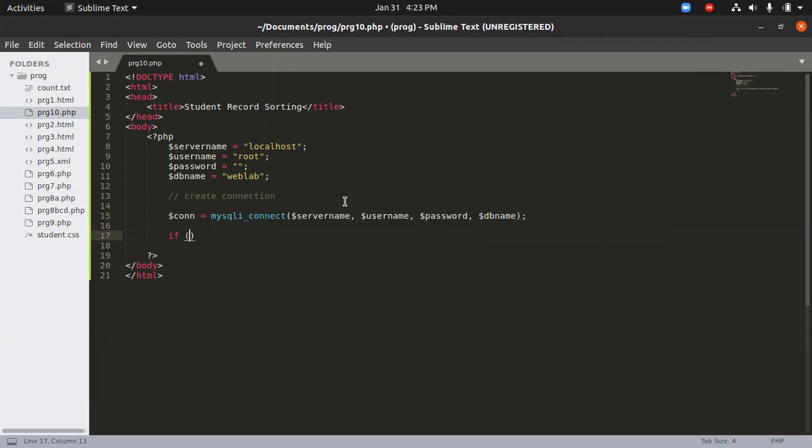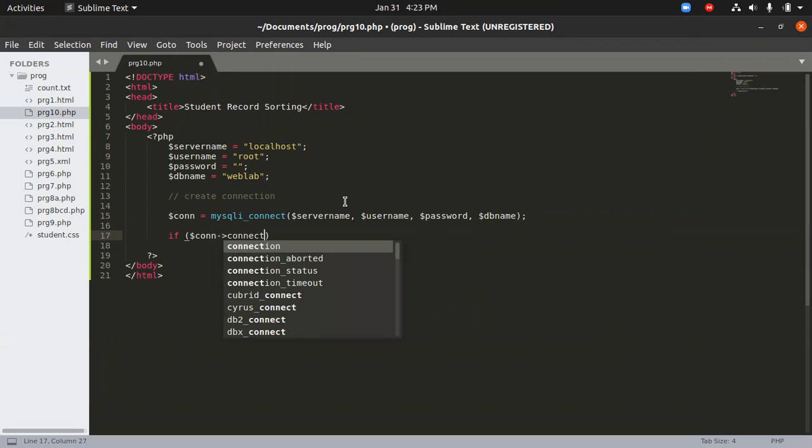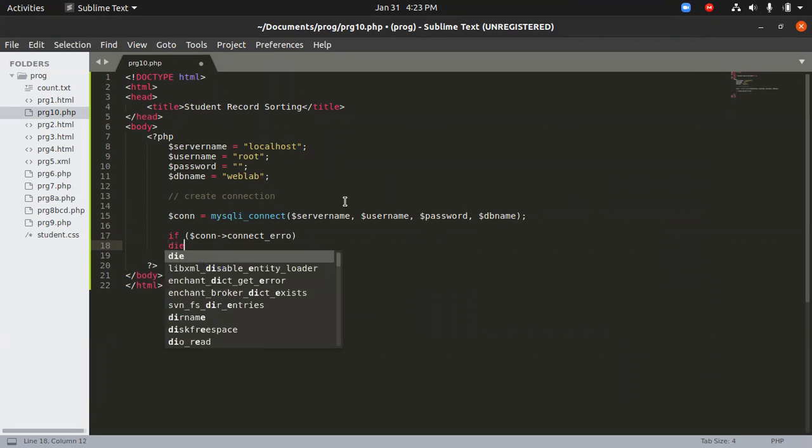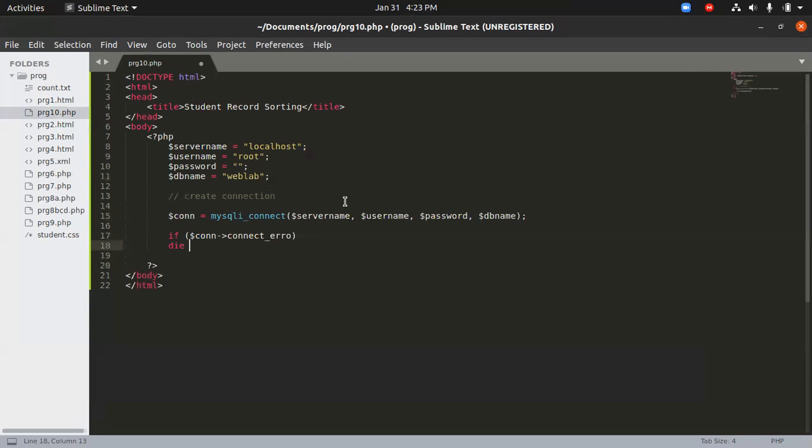Now we are going to check whether the connection happened or not by using an if statement, by using this method, connection error. If a connection error happens, it has to die, in the sense it has to give us information such as connection failed.